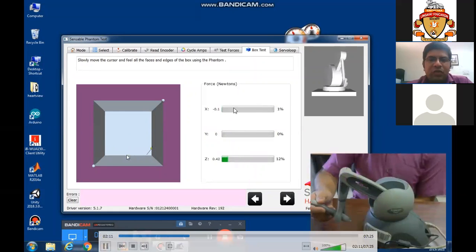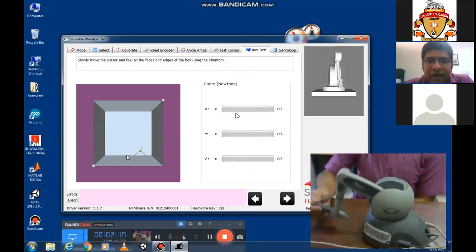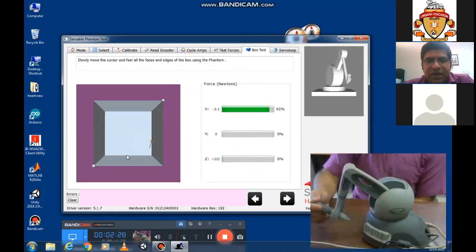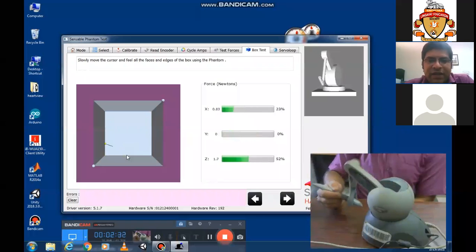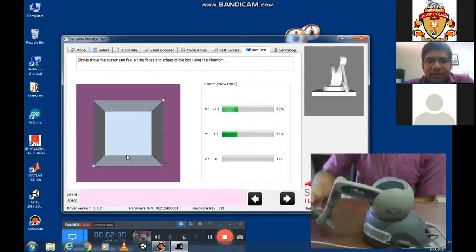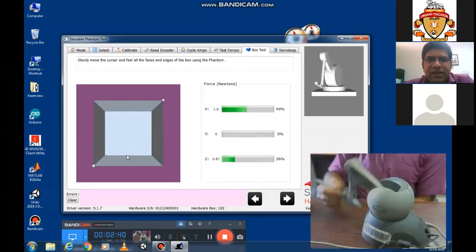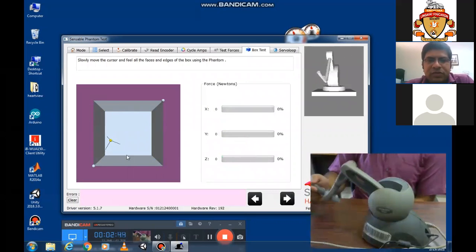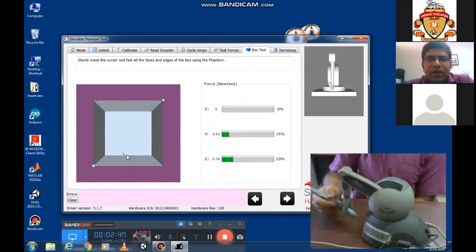So now I can see there is a force in newtons. The force feedback is being given in my hand. I am feeling a force feedback whenever it touches the borders. That means it understands the virtual world and it provides a realistic feedback. Suppose if I close my eyes and I operate this device, I will get a feeling that I have reached the walls of the virtual borders. In XYZ direction, it is giving me the forces. So this is very useful in VR applications.